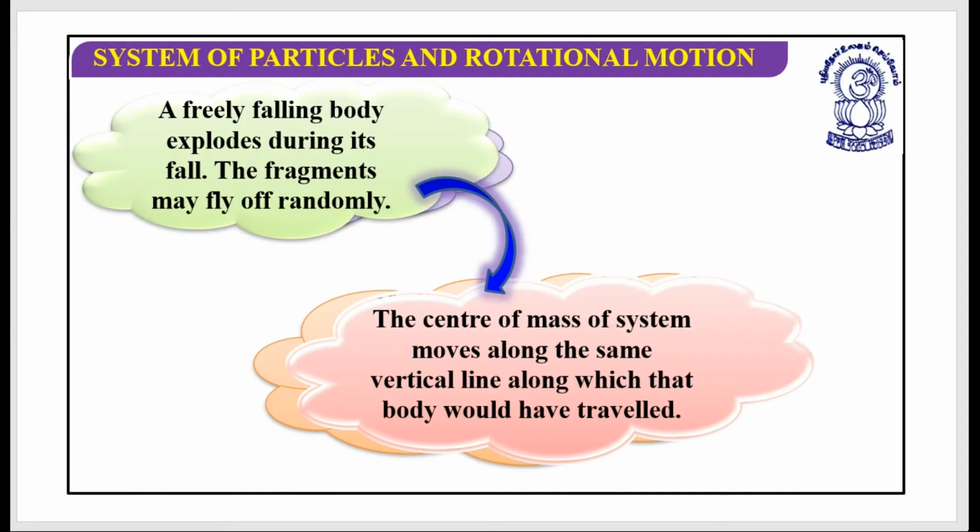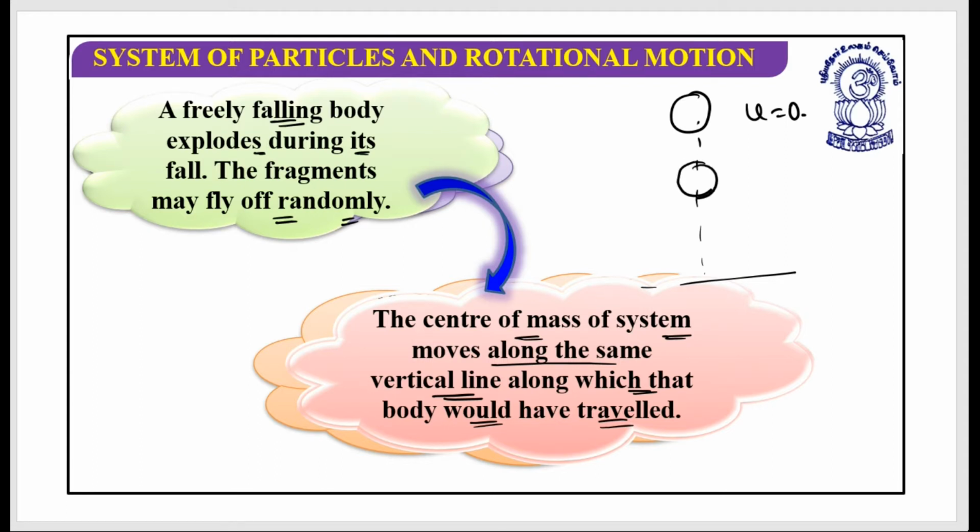Now, a freely falling body explodes during its fall. Whatever the fragments of that freely falling body are, they may fly off randomly, but the center of mass of the system moves along the same vertical line along which that body would have traveled. So the situation would be something like this. Let's suppose this is the object and we have dropped it from here. Now it is in motion, something like this, and